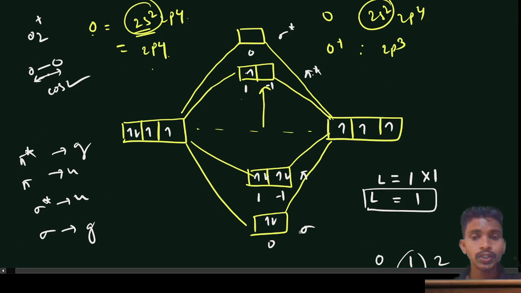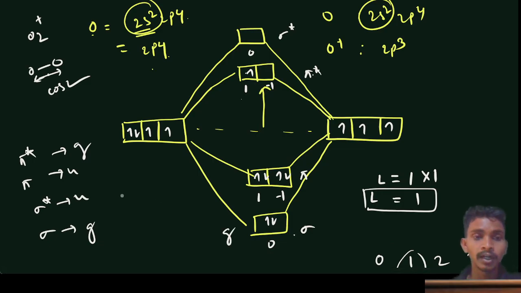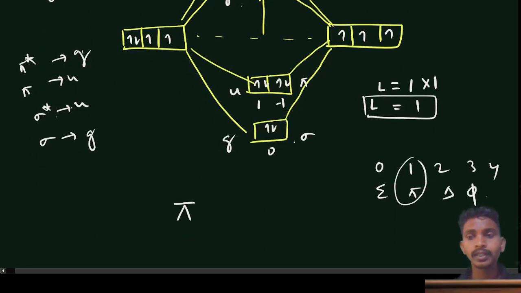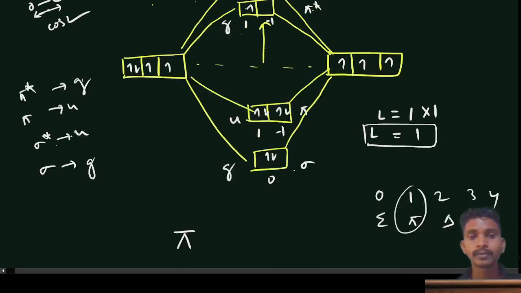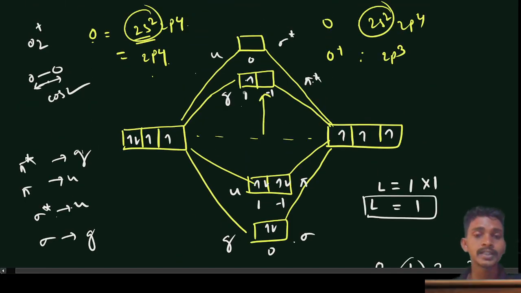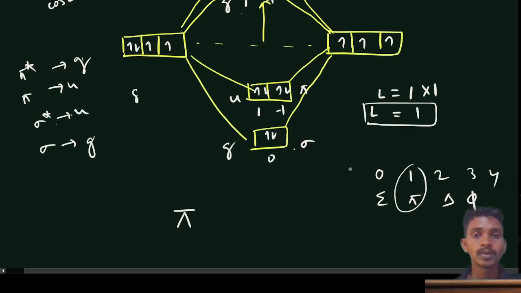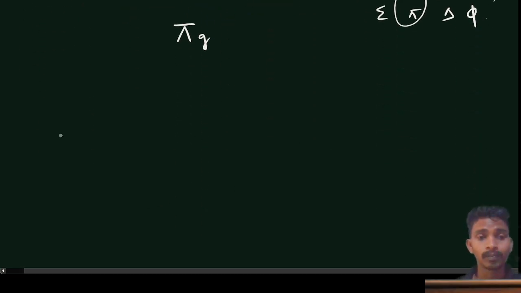How will it look? So sigma is G and pi is U, and sigma pi star is G and sigma star is U. Okay, so pi star is G, and sigma star is U. Now the electron is at pi star, and that is G, so one electron is there, so G will come. Since we have discussed that property already,